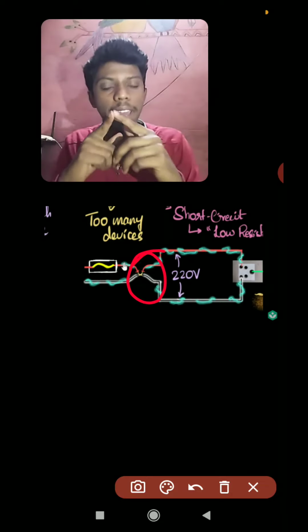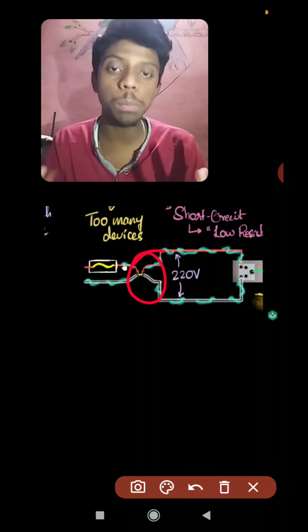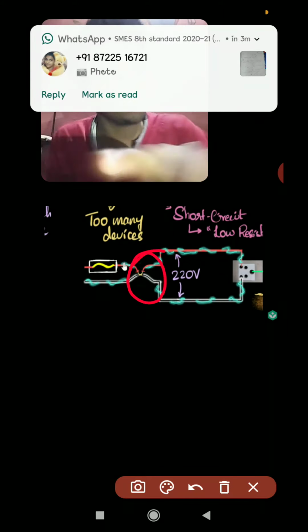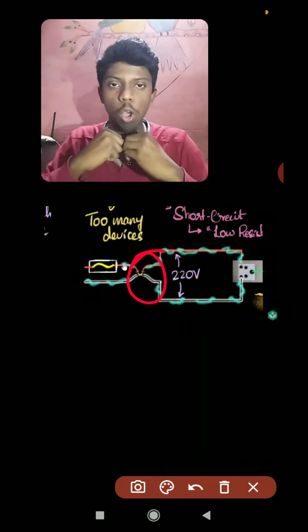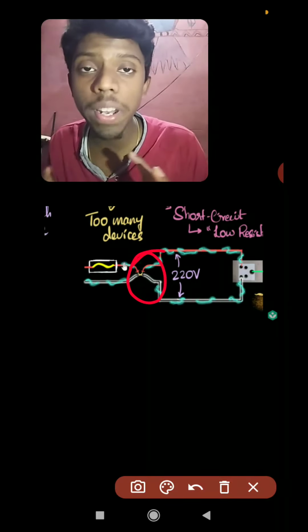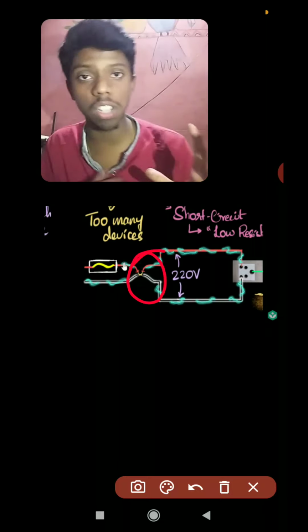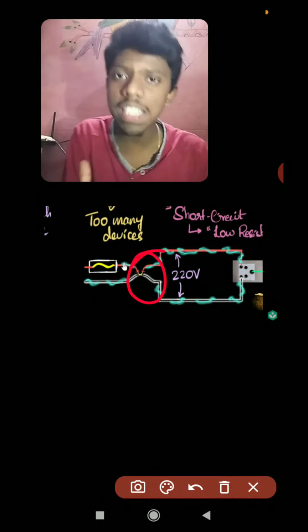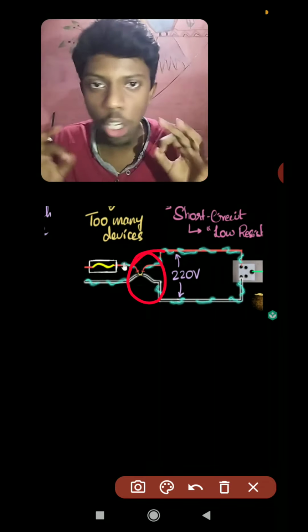When they come in direct contact, there must be a chance of overloading. What is the result of overloading? The result of overloading is that the current increases drastically and heavily. That process where the current increases drastically due to overloading is called short circuiting.